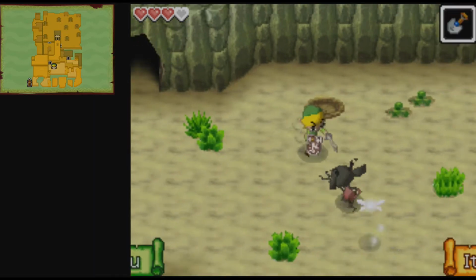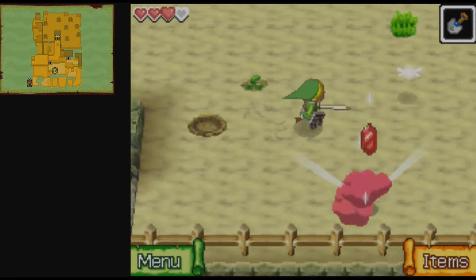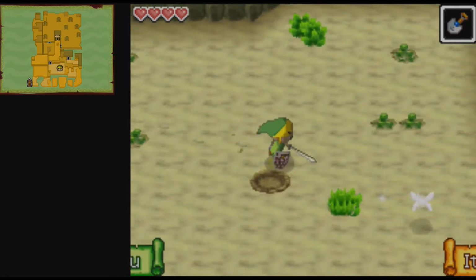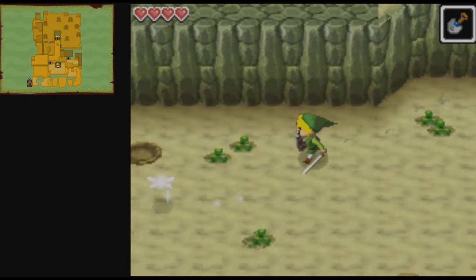I'm getting rupees out the arse. Maybe I should have just gone and bought that wisdom gem. Or should I say, good thing, because I'm getting rupees absolutely out the arse right now. I'm getting 20 rupees like every second time I kill one of those weird...